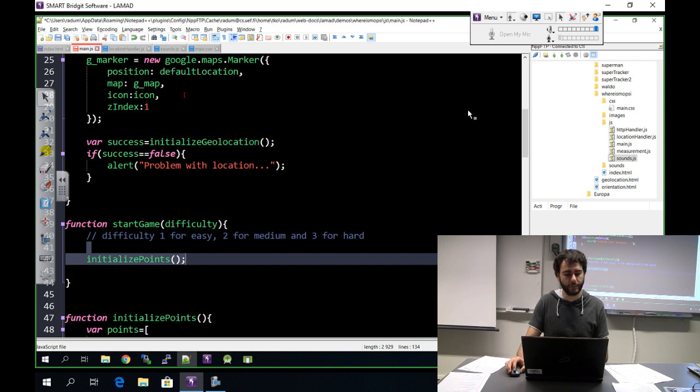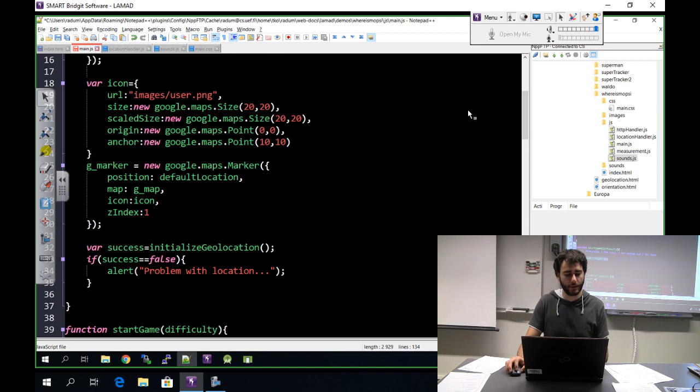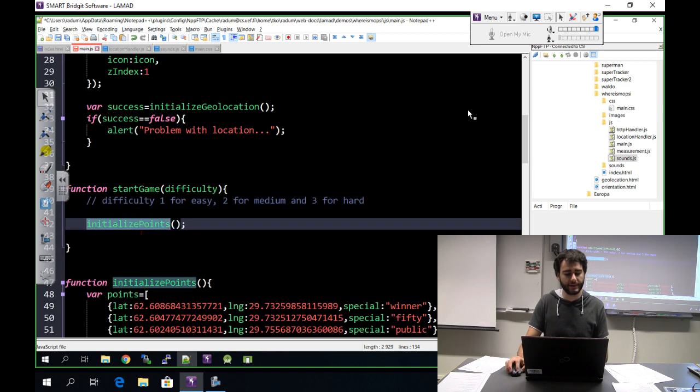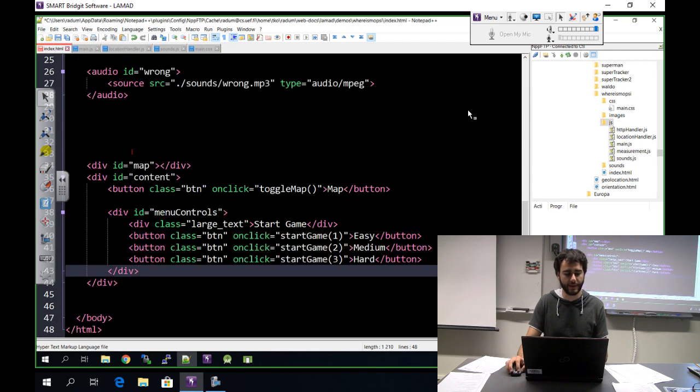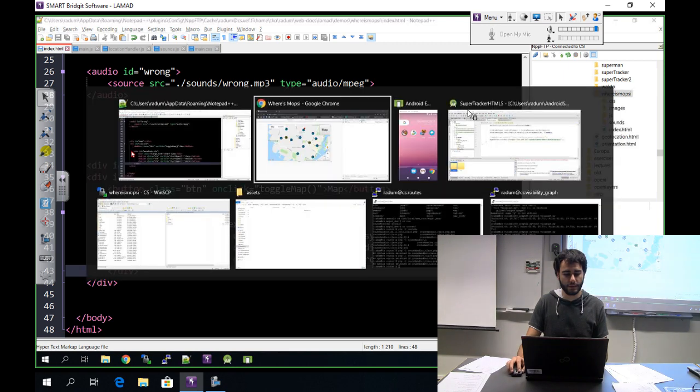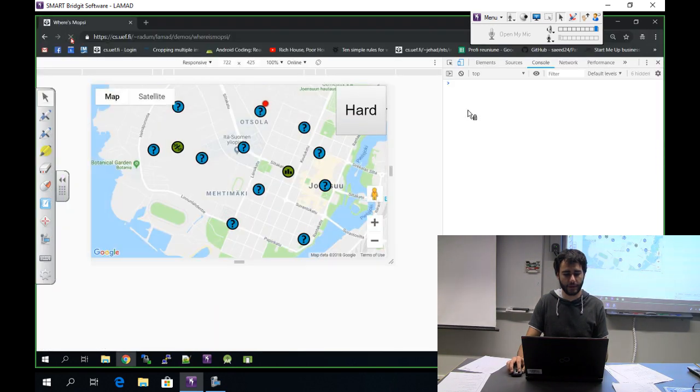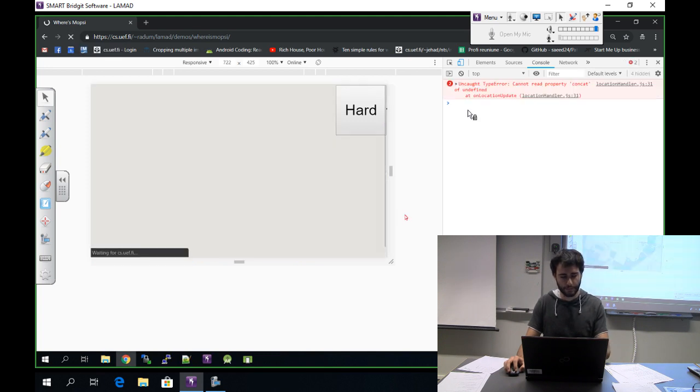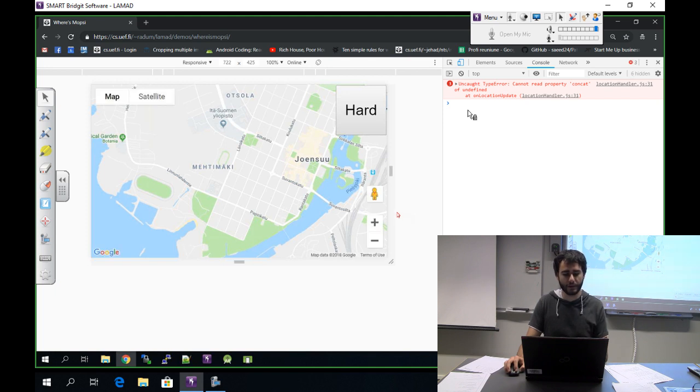So everything else will work, but the points are not initialized until I press the start game button. Let's see if this will have any effect. I'm saving the files, refreshing here. It doesn't work. Okay, maybe there is some. Yeah, there was some cache problem, because now I'm getting an error instead of,